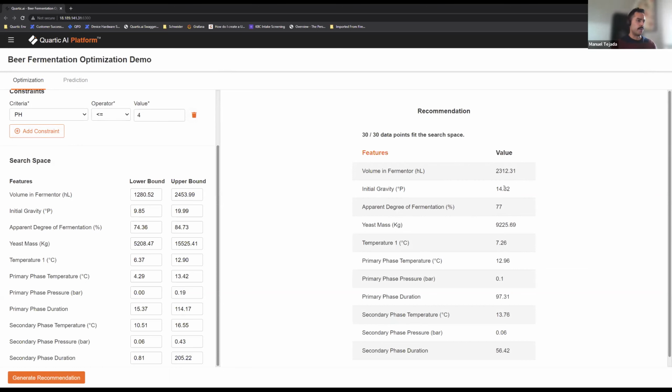Something important that I want to note, this set point doesn't have to be executed exactly. So let's say you don't have perfect control on your process. It's just your ability to achieve your set points is not ideal. This algorithm can still learn from that. So it will learn from any process variability as long as there's some fluctuations from your standard recipe.